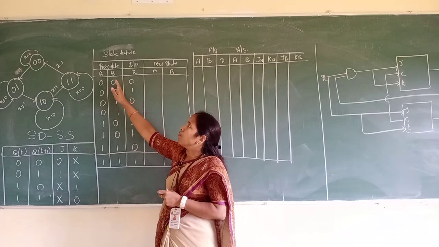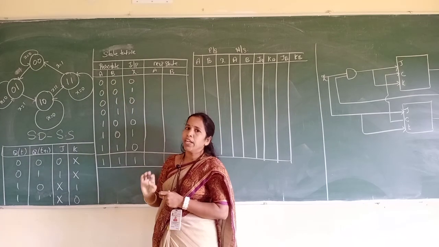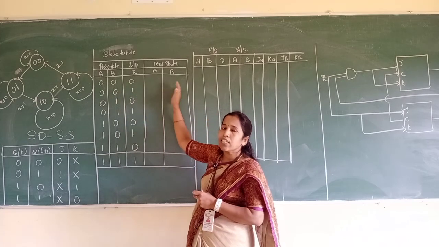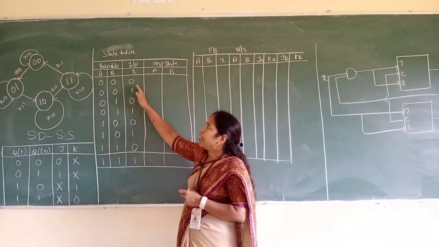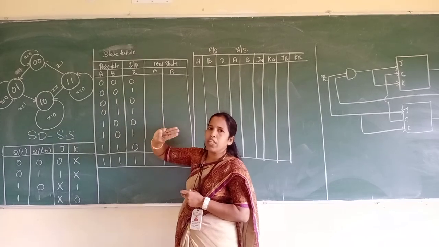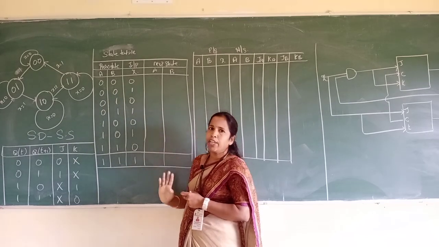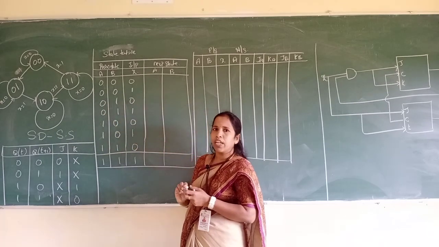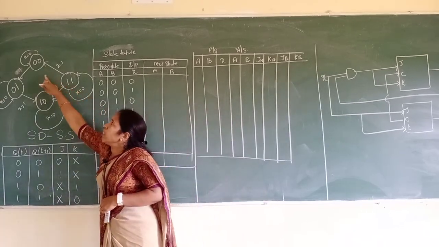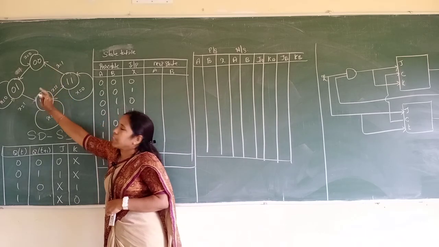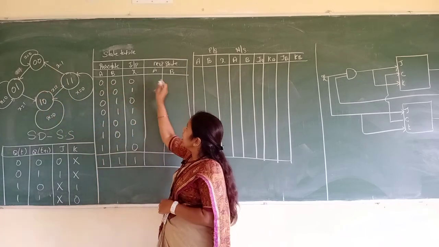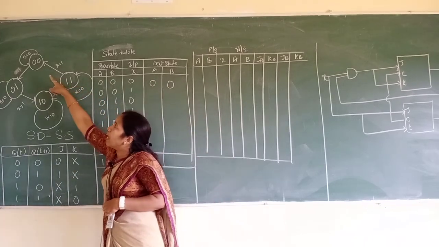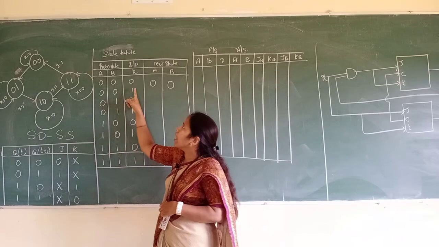So I have given the state table. The state table includes the present state, the input value, as well as the next state. Now, present state and input: how many inputs do I have? 3 inputs, so 8 combinations, or from the diagram itself you can generate the values. The first state is 0 0, and it is coming to the same state. At that time the value of X they have given is 0.